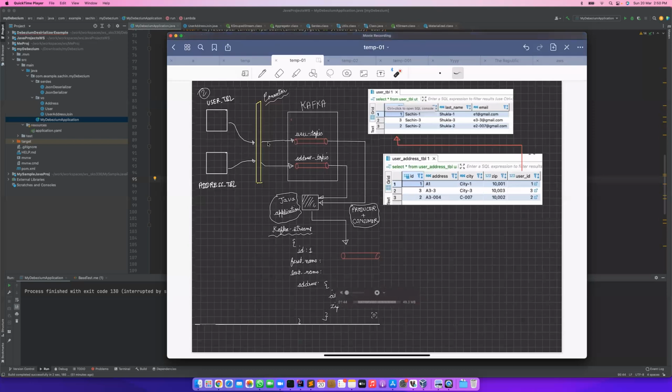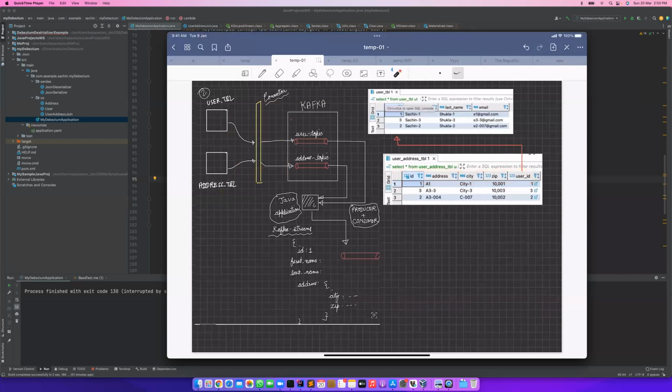All right. So we have a user table and an address table, and by using Kafka Connect, Debezium, or whatever way, you're flowing these messages into their respective topics. The table structure is defined over here, where the user table has a user first name, last name, and email, and the address table has address information, its city, zip, and the referential key user ID, which is pointing to the user table. So this is pretty straightforward